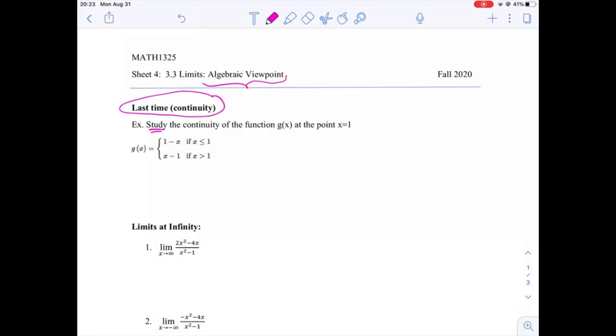Here we want to study continuity of the function g of x at the point x equals 1. And g of x is given by a piecewise function. That means it's defined by more than one rule, the first rule and the second rule. As we can see, g of x is 1 minus x if the values of x are less than or equal to 1, and it's equal to x minus 1 if the values of x are greater than 1. Now we want to study continuity of the function g of x, and let me remind you of